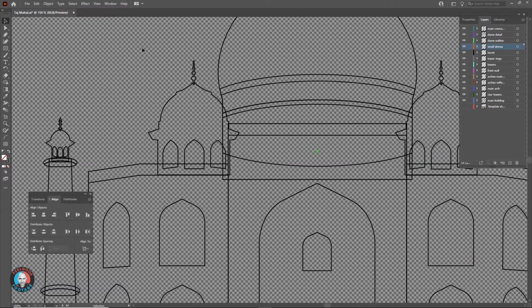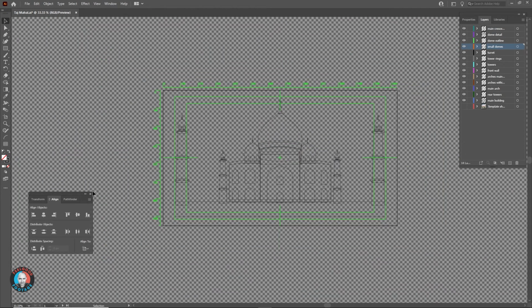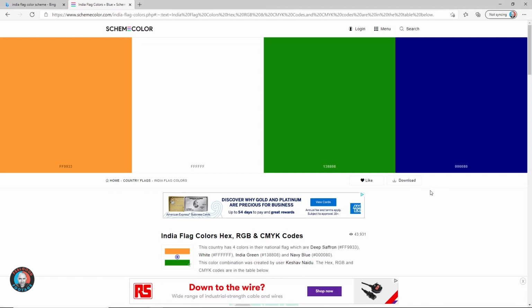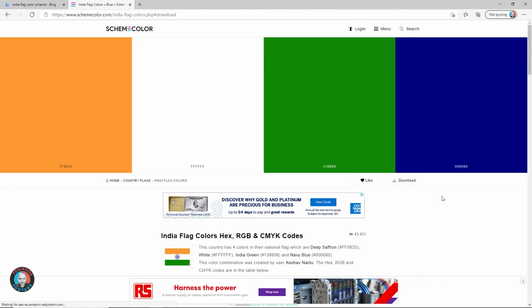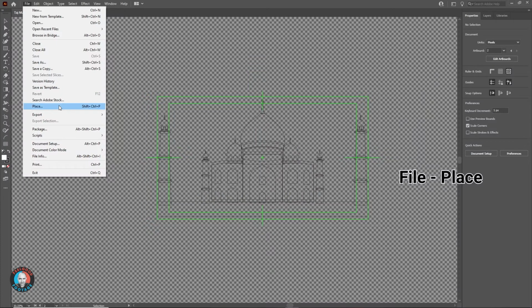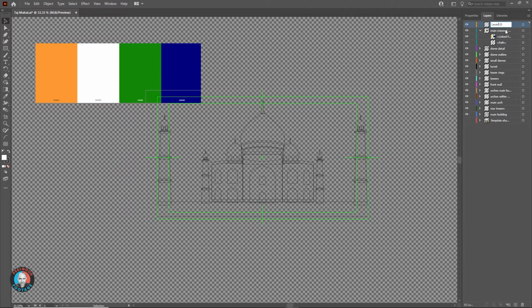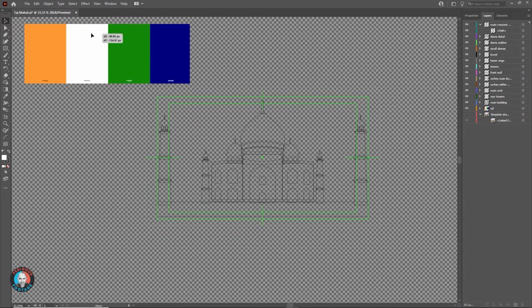In terms of colors, you can define everything in After Effects, but I'm going to change the stroke color in Illustrator as it will save me time. I think I'll use the colors of the flag of India, making the stroke this deep saffron color. I'll use this color scheme JPEG as my reference. I'll download it and place the reference on my pasteboard. The pasteboard, incidentally, is all the area that is outside the artboard.